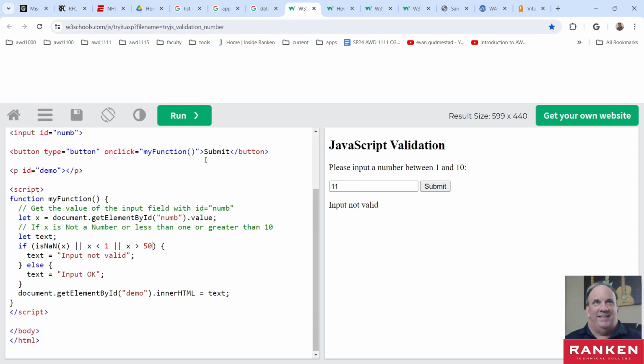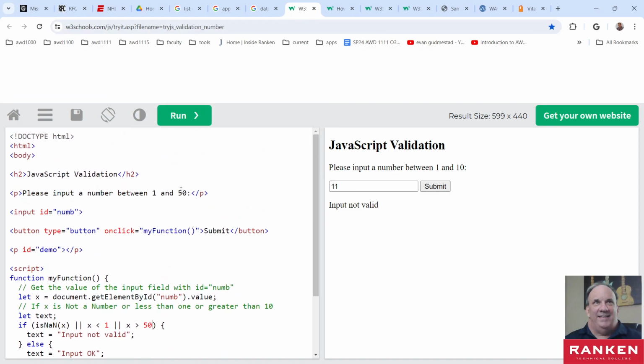So I made those two changes where I changed that to 50. So this says 1 and 10. I hit run and you'll see that change to 50. And so now if I put in, say, the number 50, it'll say it's okay. If I put in a number bigger than 50, say 51, it's not valid. So two things I was showing you here: this is a form of data validation,